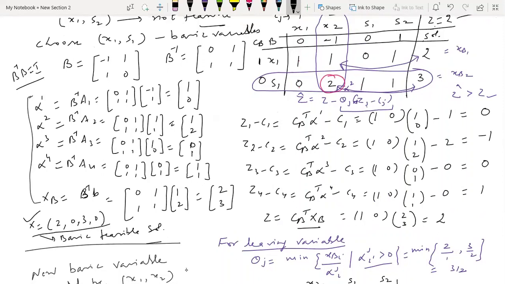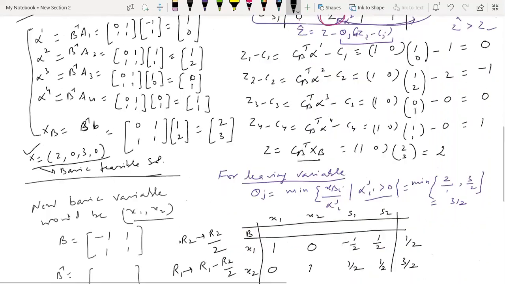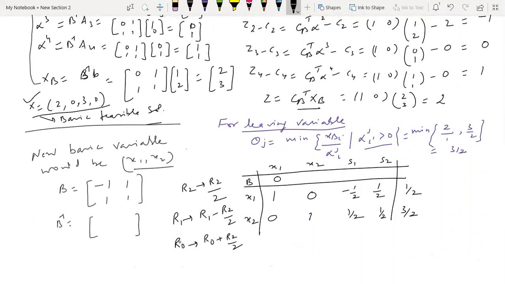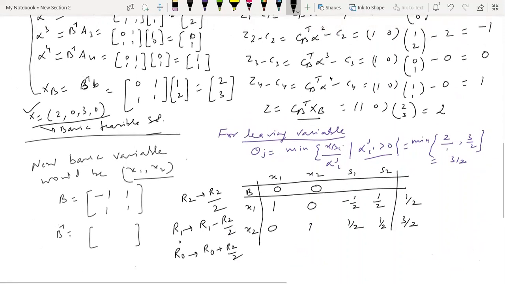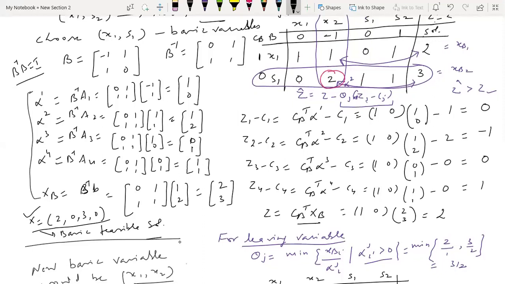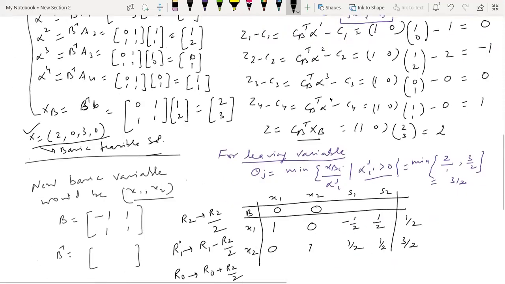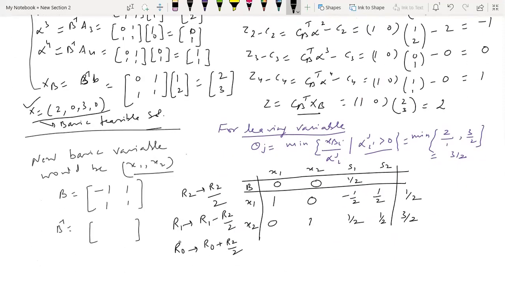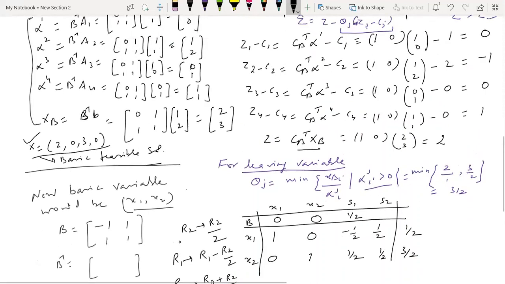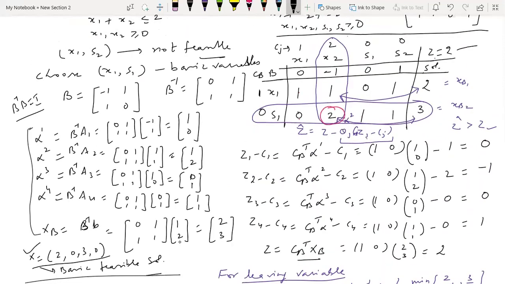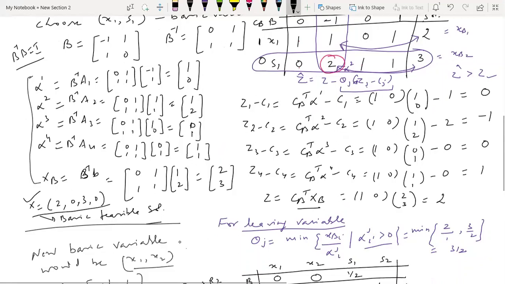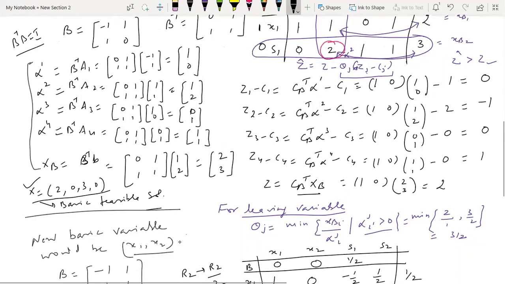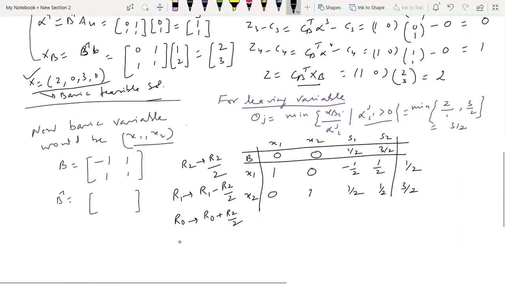So what I'm getting, 0 plus 0 by 2 is 0. So my first entry is this 0. This is again 0. What about this entry? This comes out to be 0 plus 1 by 2, so this is 1 by 2. And lastly, 1 plus 1 by 2 comes out to be equal to 3 by 2. So you see I have calculated my Zj minus Cj.